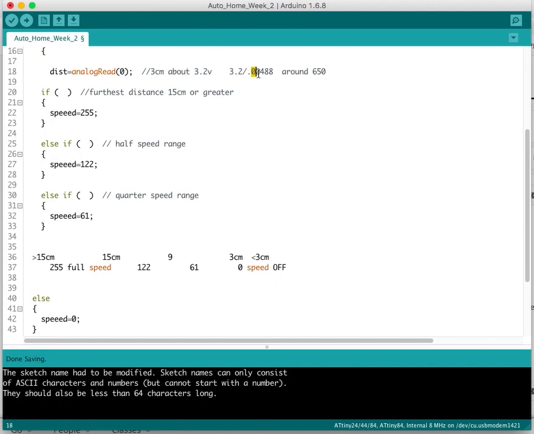3.2 volts divided by that number gives you the actual analog read number, gives you the dist. Okay, analog read converts a voltage to a number and spits it out. So we have to work with those numbers. So here, this number is 650. So this range would be greater than 650. We go 0. So else, so here we're going, if it's greater than something and less than 650,